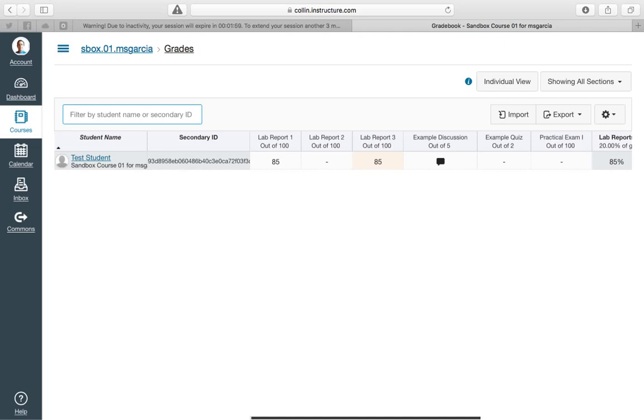So if I were to search for Roger, I don't have a Roger in my class, so it's not going to show up. But if I were to search for test student, then I could quickly get to this student's grade. Now, just so you understand how the gradebook is going to ultimately work, the gradebook in Canvas utilizes what's known as pagination. And what pagination is, instead of having to go to the very bottom and choose how many students to show per page, 25, 50, 100, whatever, Canvas is going to do something that's very similar to